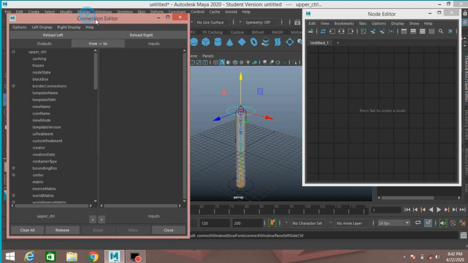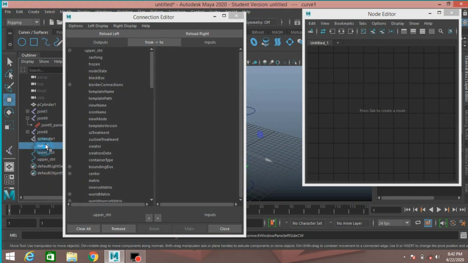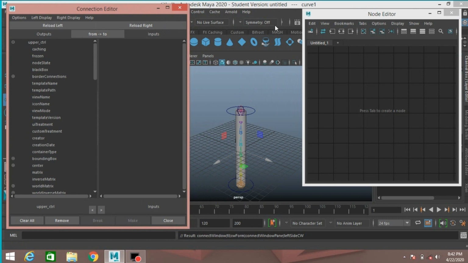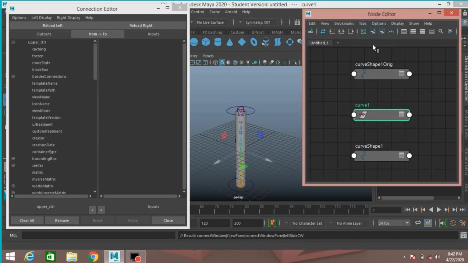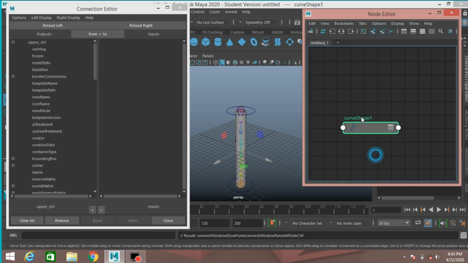Now first select the curve from the outliner and click on this plus icon, add selected object to the graph, and select this and remove selected object from graph.